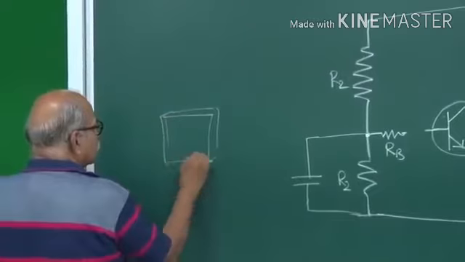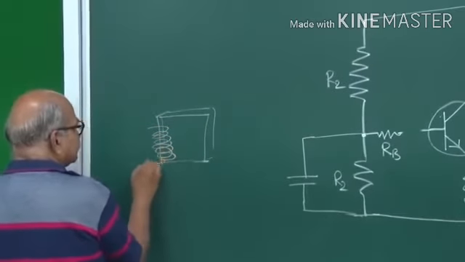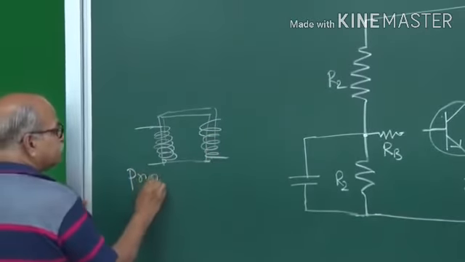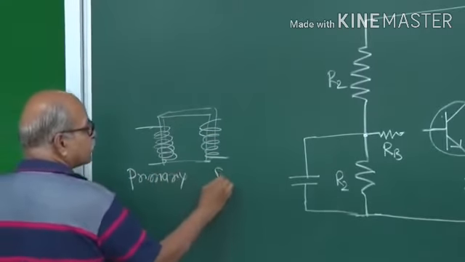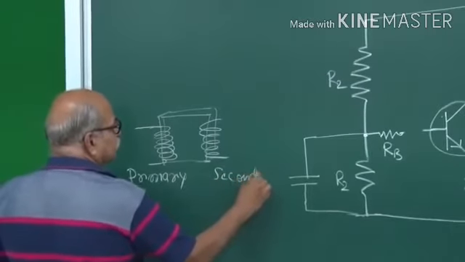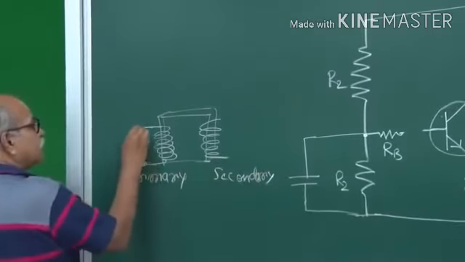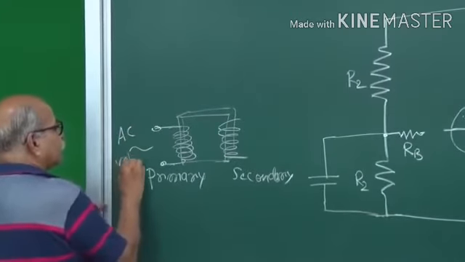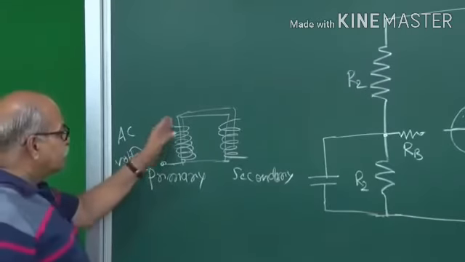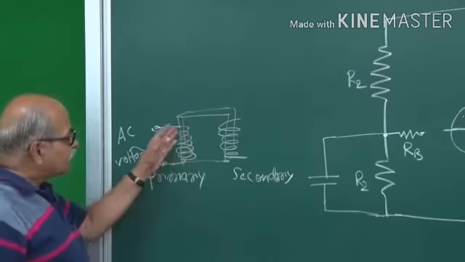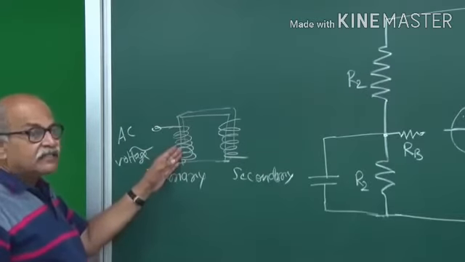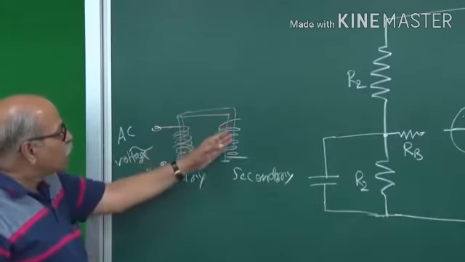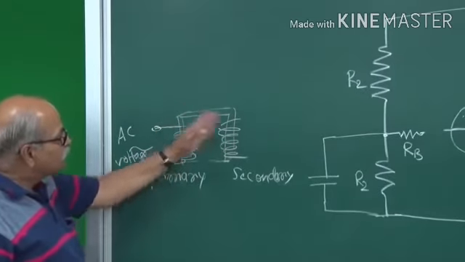and on that core the windings are there, two windings are there, one is called primary and one is called secondary. Then on the primary side you supply some AC voltage, and this AC voltage drives current, and that current produces a magnetic field, and since it is through that same core, whatever soft iron or core, that magnetic field also reaches here.